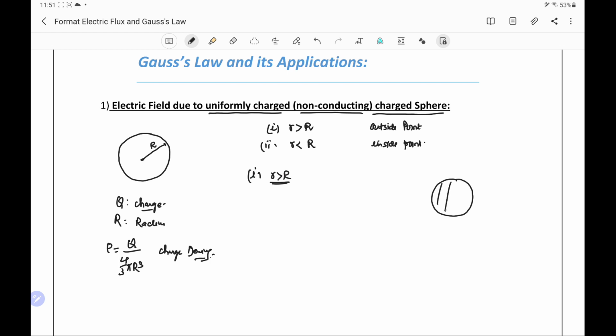This is the sphere which has total charge distributed over its volume. It is the center, and the radius of this sphere is R. Now suppose we have taken a point P, which is at a distance r from the center. Now we draw the Gaussian surface through the point P, and it is taken spherical, concentric with the center of the non-conducting sphere. So this is a Gaussian surface, and the radius of this Gaussian surface is small r.